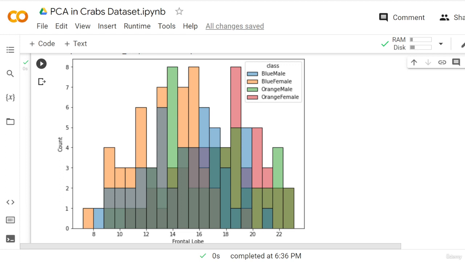In the same way, there are a total of, for instance, 4 instances of crabs that are orange male that have a frontal lobe of 21.5, and only 2 instances of crabs for this other class in here. The most important thing here, the interpretation that one can make, for instance, could be this one, where we see that